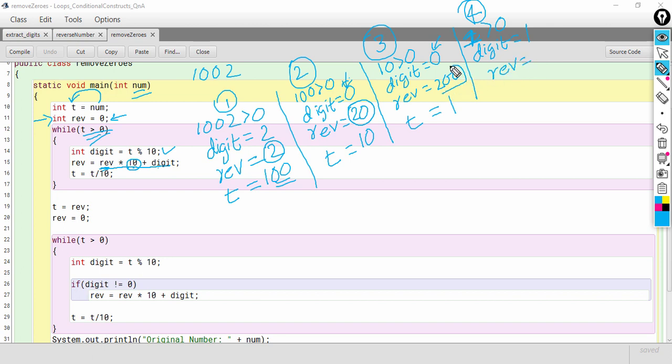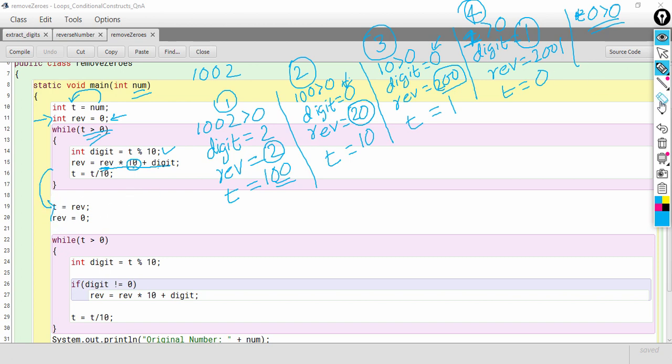So reverse value is 200. So 200 into 10 will give me 2000, and 2000 plus 1 will give me 2001. So in reverse we will have 2001, and t will become 0 now. So t condition now becomes 0 is greater than 0, which is false, and we are outside the loop.